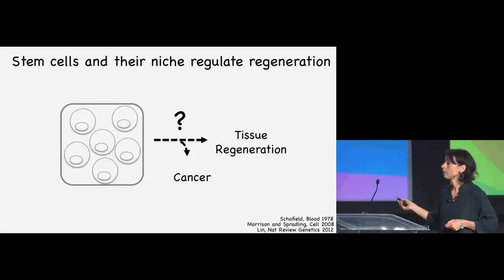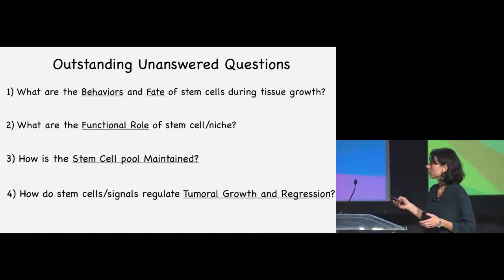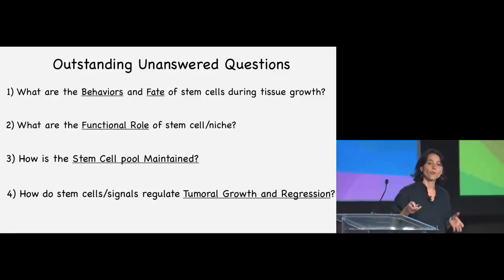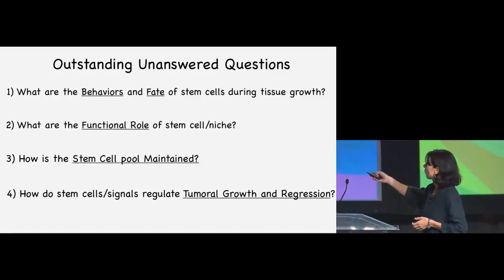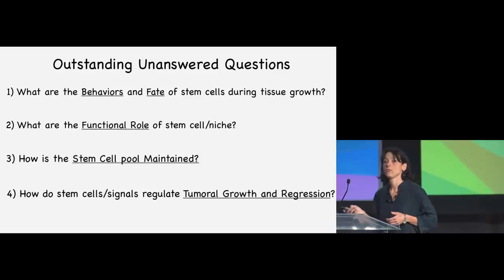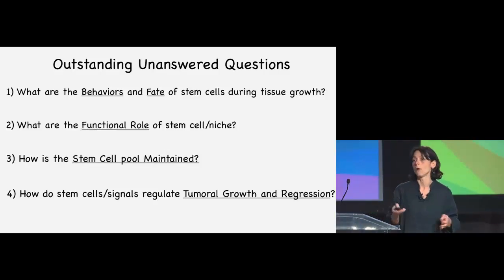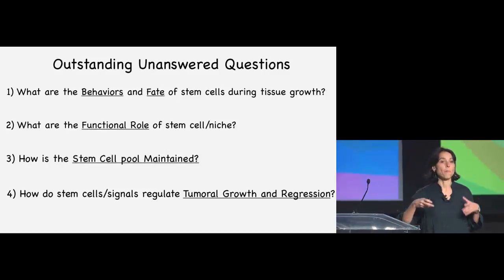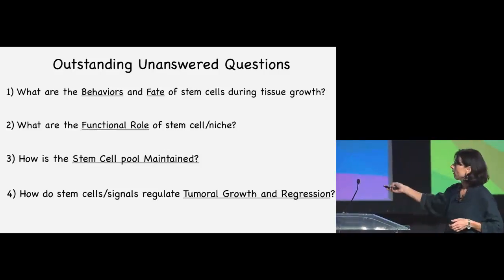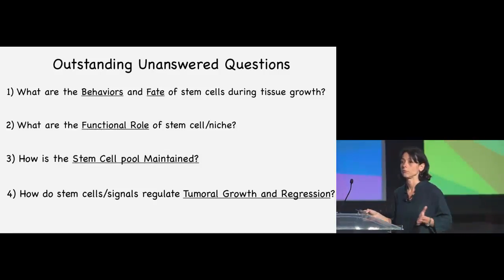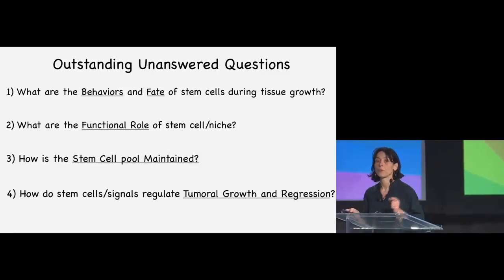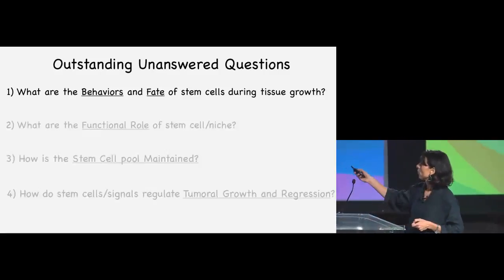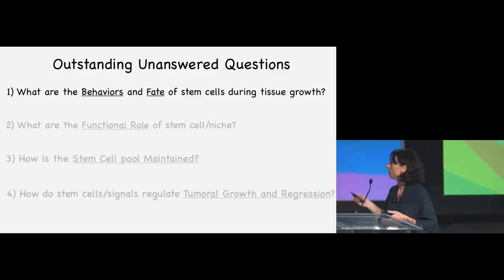So in order to tackle this question, when my lab started 5.5 years ago, we started to ask what are the behaviors and the fate choices that these cells make. What's the role of the stem cells and the niche? In other words, if we were to eliminate them, would we impact tissue regeneration? Third, how is the stem cell pool maintained over time? And lastly, can we learn from normal tissue regeneration, and understand the principles of cancer, both towards its growth as well as its regression? So in order to start to address the first question, the challenge is that these processes are